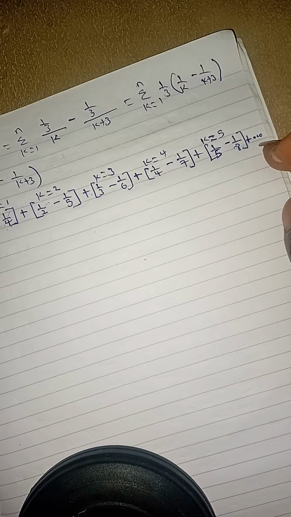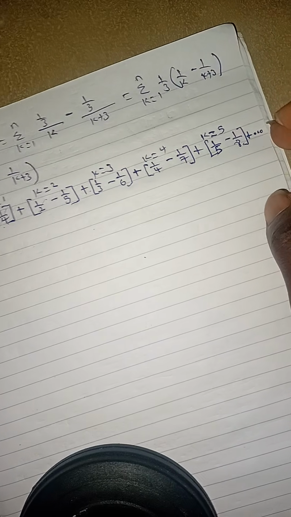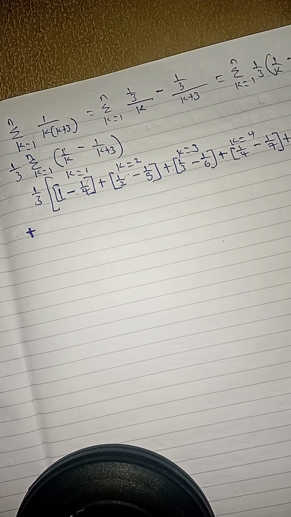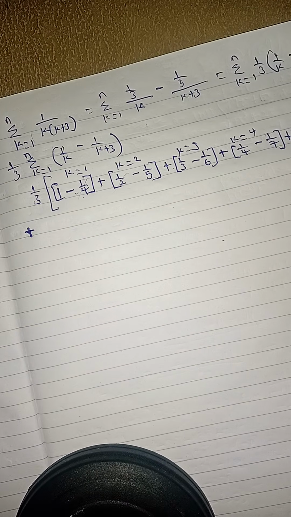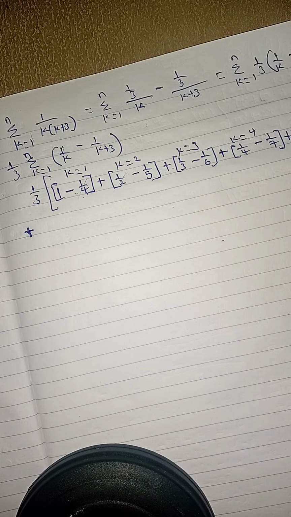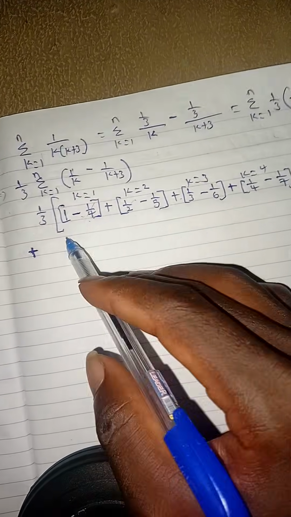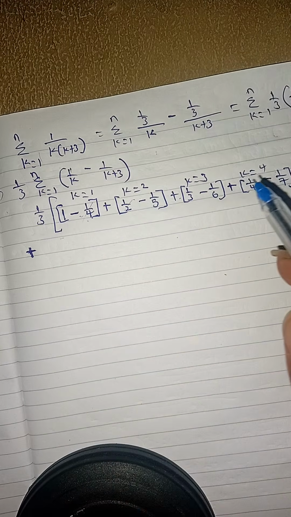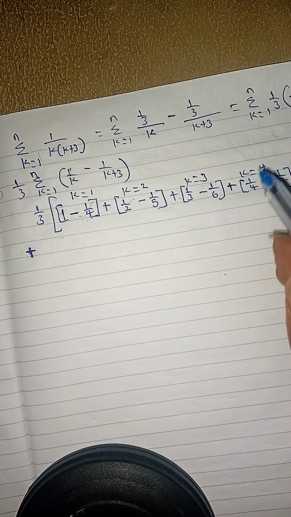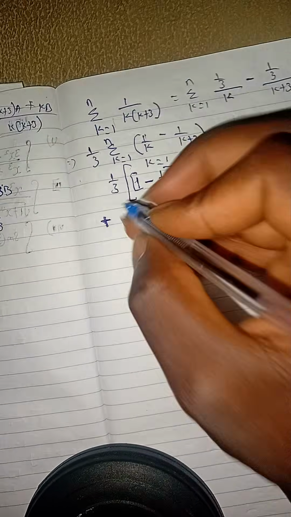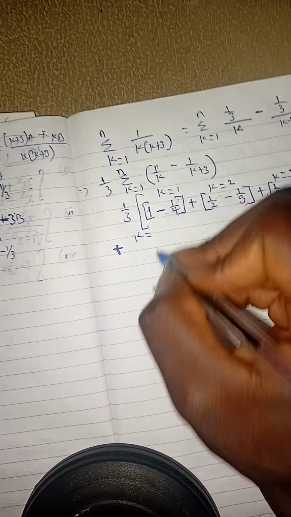We skip many terms, but to continue, I just say my k got to n. Let me substitute n and get the last term. After skipping many things, I want to continue by starting from the fifth, because I wrote five terms first. So I want to start from the fifth to the last. That is when k equals